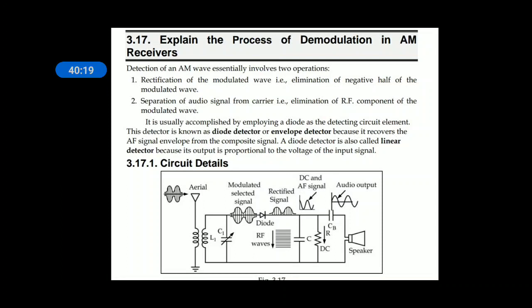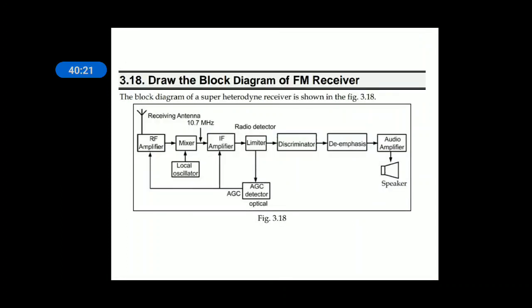That is what shifting is done. FM receiver is the same as your AM receiver, except for the discriminator and the limiter. The limiter limits the output of the FM signal to a constant value, because the fundamental definition of FM gives that the amplitude and phase are kept constant.